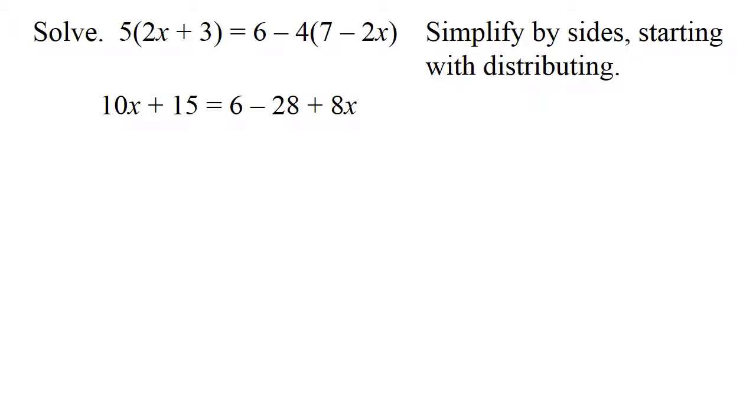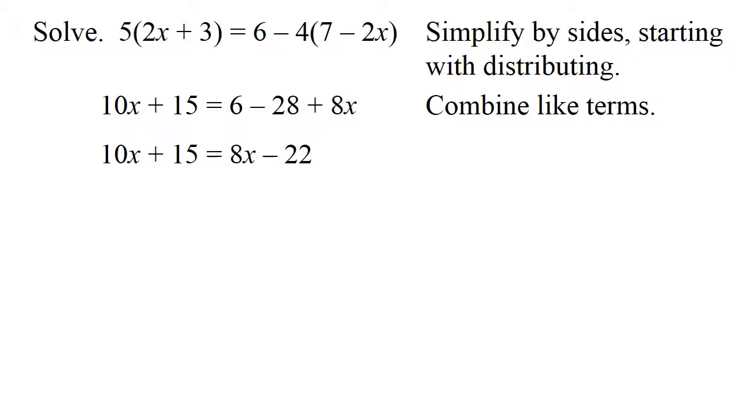Now if you look on the left hand side, 10x plus 15, that's as neat as that side can be. But on the right hand side we have 6 and negative 28. They can be put together, so let's do that. Combine like terms. And I just put the 8x before the negative 22. You don't have to do that at this point, but you should get in the habit of always putting them in the correct order. So now again I run into the problem I have x's on both sides,